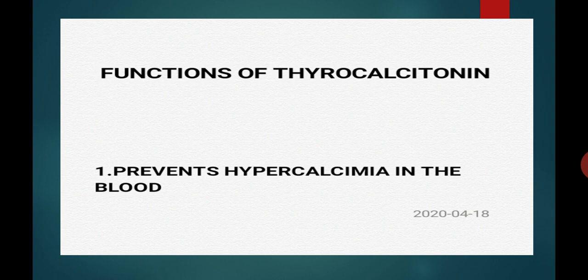So students, in our today's lecture, we have seen the hormones of the thyroid gland. The thyroid gland secretes three hormones: T3 hormone, T4 hormone and thyrocalcitonin. We have seen their functions and how the T3 and T4 hormones are synthesized in the body. In our next lecture, we will see the disorders related to the thyroid gland.